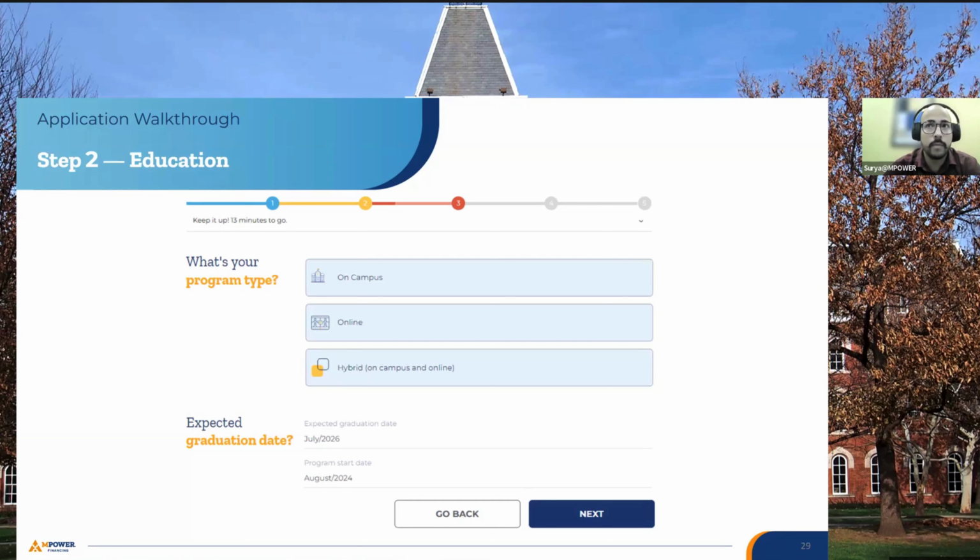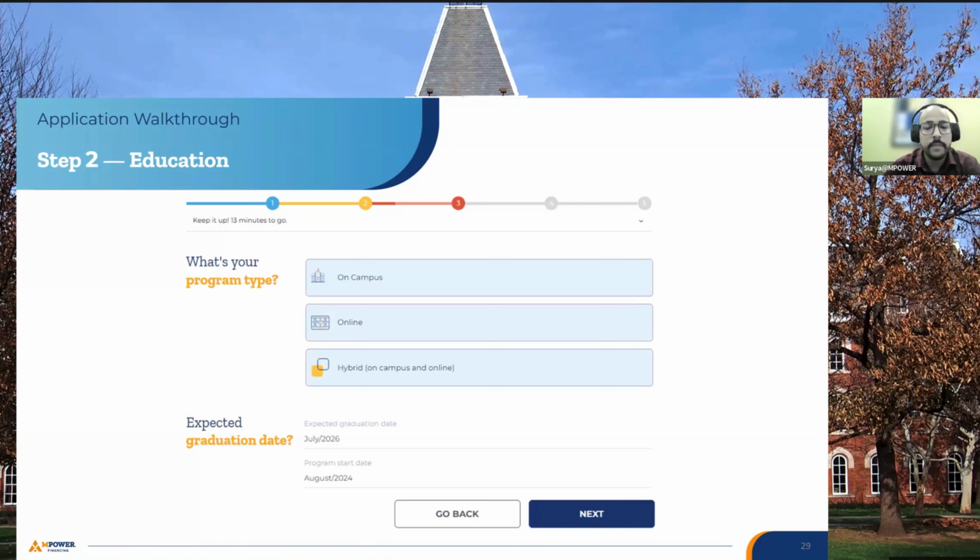But if you are in your home country and you get an opportunity to study your program online, meaning you would not need to apply for any kind of visa since you are not planning to travel to the US or Canada, in that case, the online program would not be eligible.